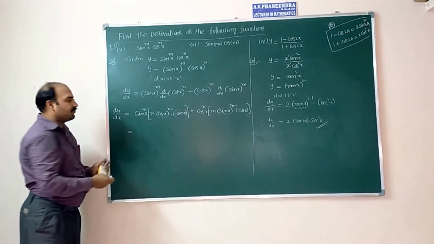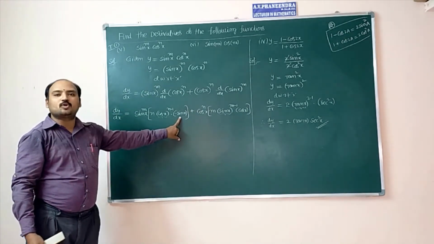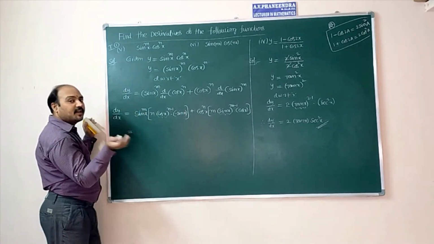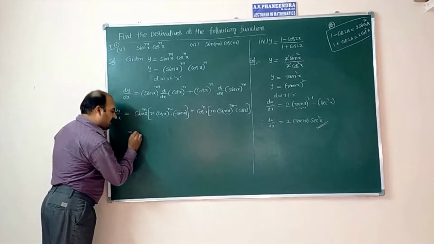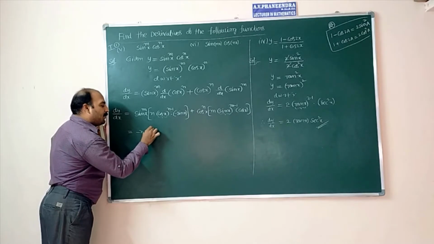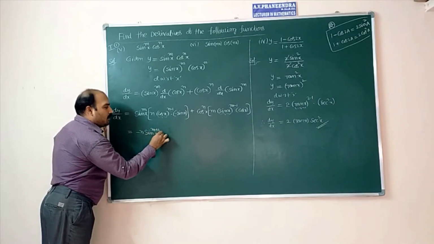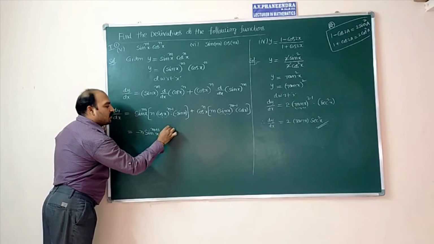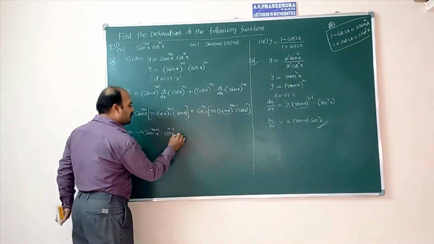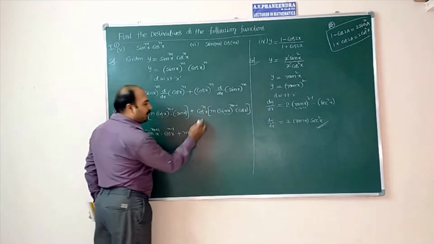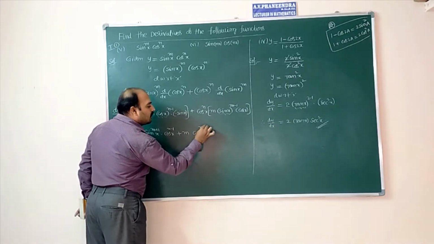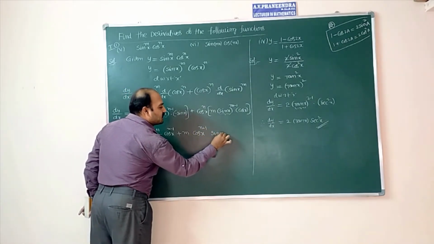These two bases are equal, so the powers should be added. Here sin x power 1 and sin x power m, bases are equal, powers should be added, it will become sin x power m plus 1. Before that a minus is there, minus n, n also a constant, so write it: sin x power m plus 1 into cos x power n minus 1. This term is completed. Come to the next term. Here m is constant, plus m into cos x power n plus 1 into sin x power m minus 1, bases are equal, powers should be added here also.